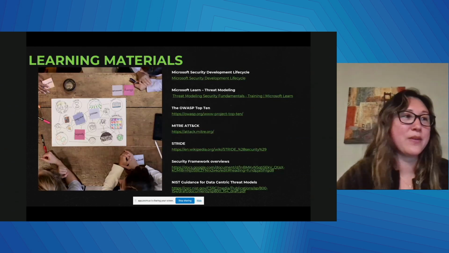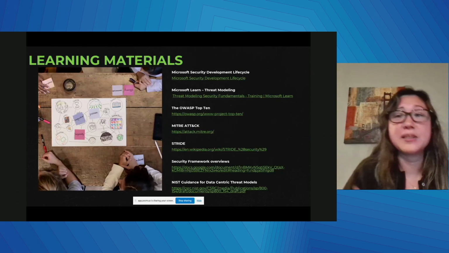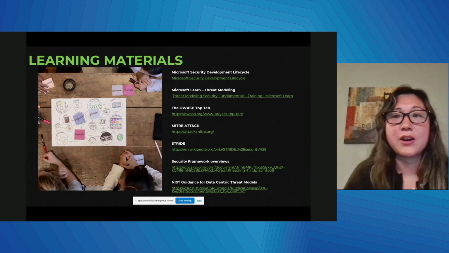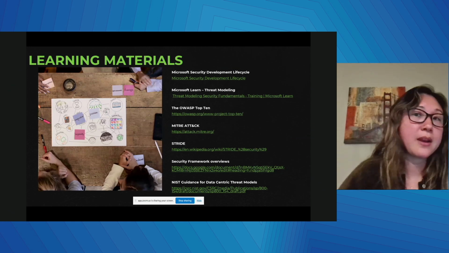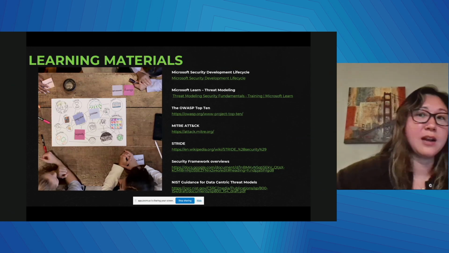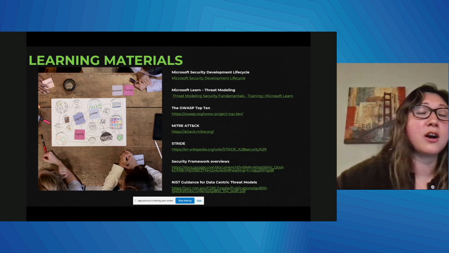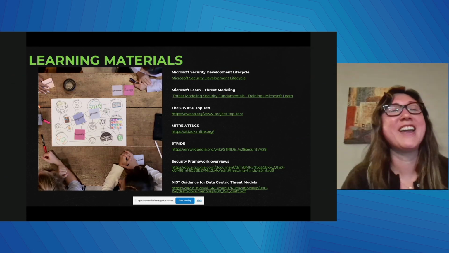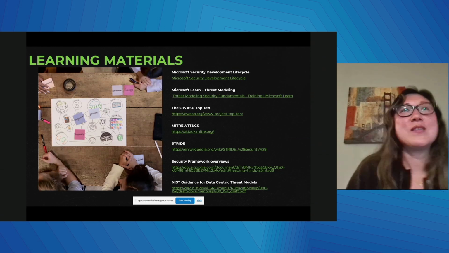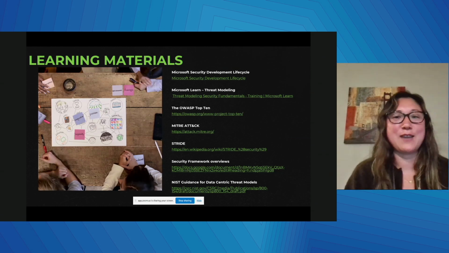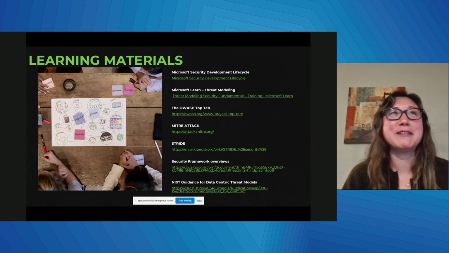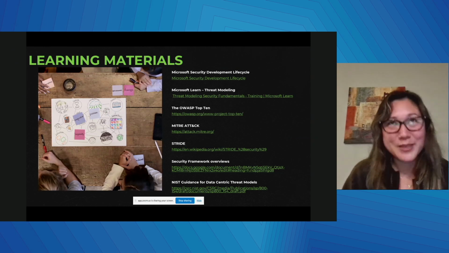Before I leave you guys, we also have learning materials here. There is a really great module out there in the Microsoft world called the Microsoft Security Development Lifecycle and the Microsoft Learn on threat modeling. I will say that it's good to a certain extent. Then they try to get you to use the Microsoft threat modeling tool at the end of it, and I have my own qualms about that.